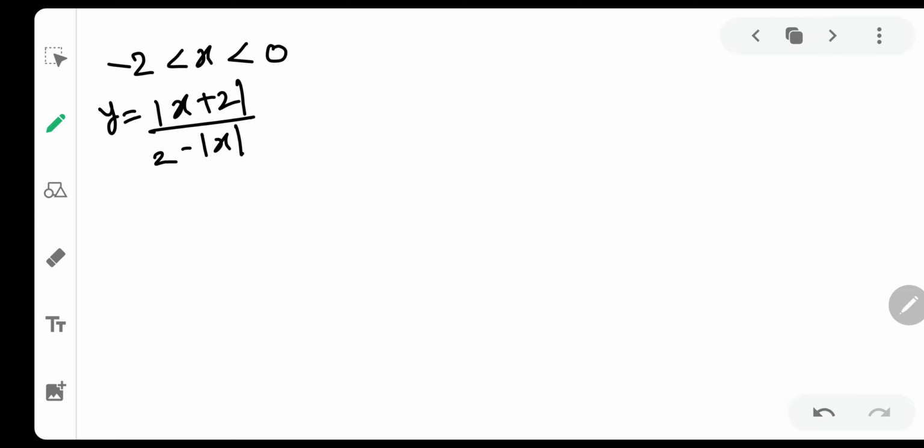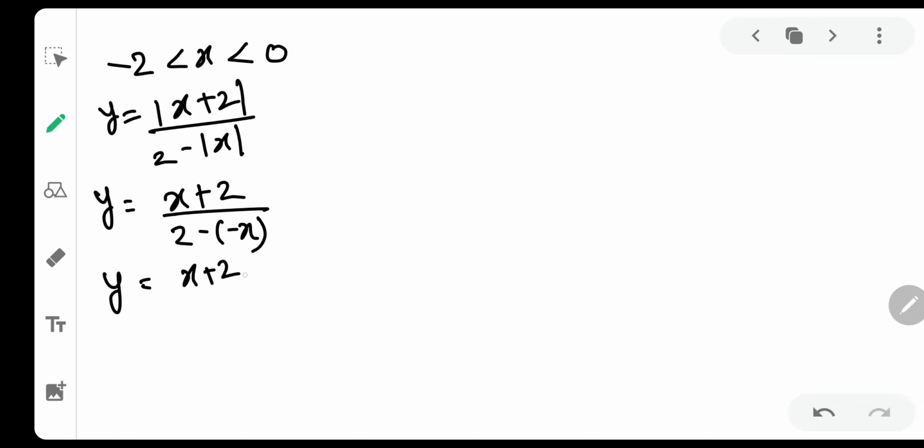Now let us take any number between minus 2 to 0. Let us take minus 1. So x plus 2 will be minus 1 plus 2, which is 1, which is mod of 1, which is positive, hence it will open positive. But between minus 2 to 0 every x is negative, hence mod x will open with a negative sign. So y is equal to x plus 2 upon 2 plus x, and to your greater surprise